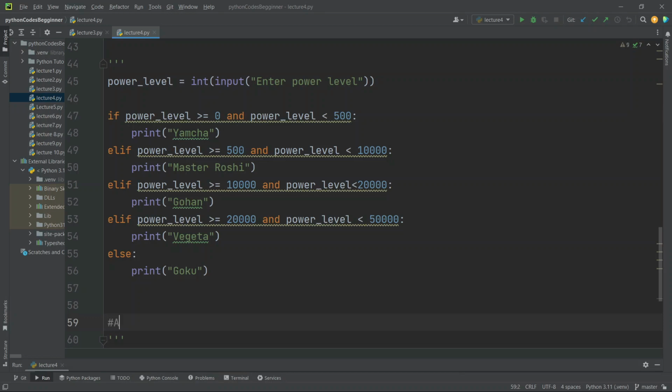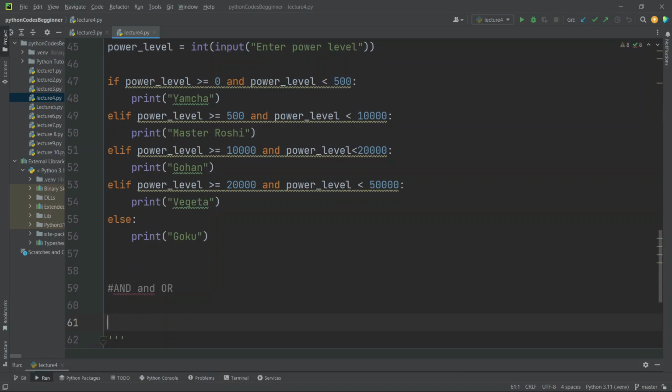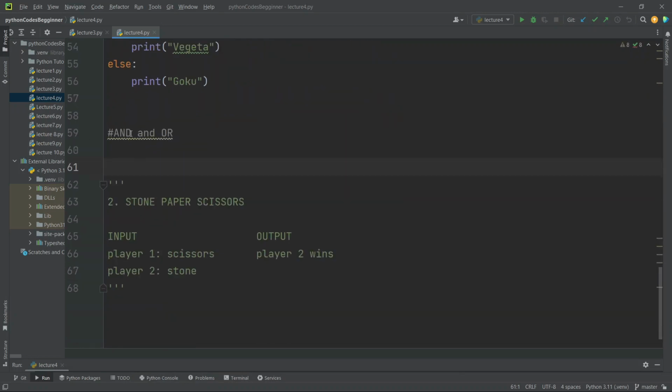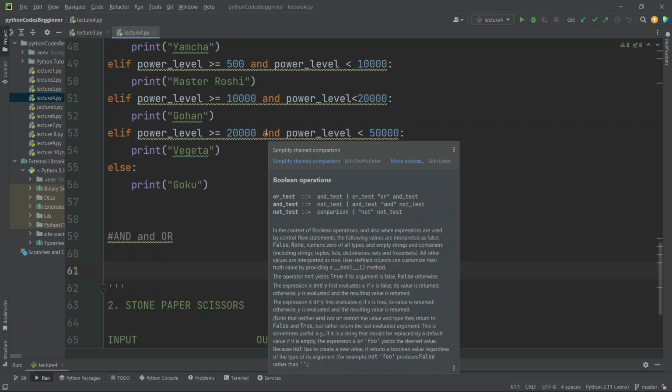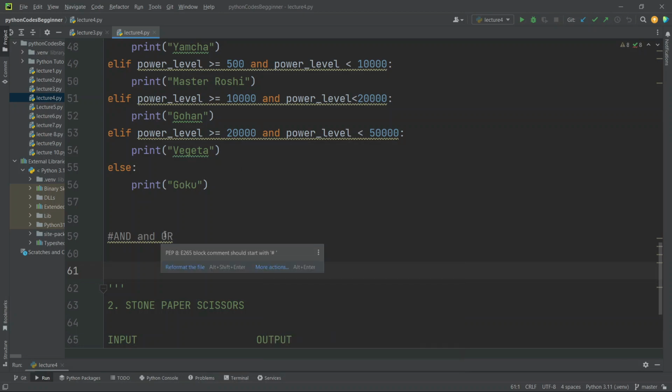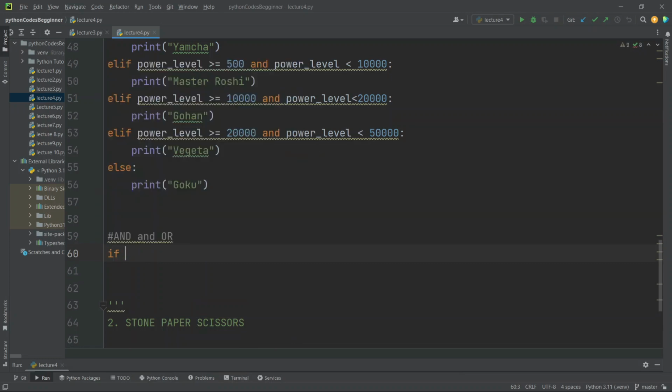So here I'm going to write and, or. So what is and or? When you include two statements and it checks if both statements are correct, it's going to say and. When you write or, it's going to check if one of the two statements is correct. Then the program will run. For example, if